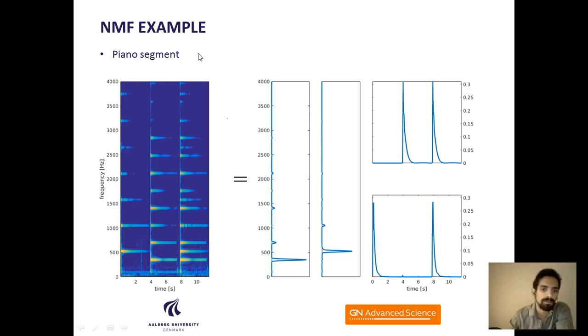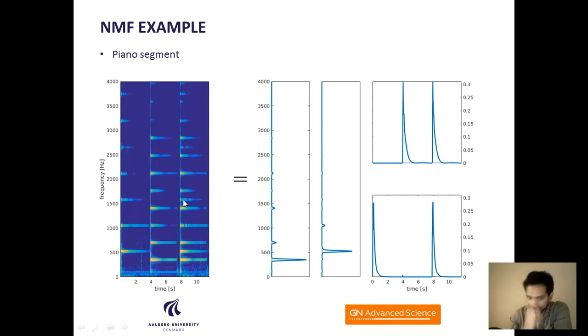Here we perform NMF of the spectrogram into two basis vectors and the corresponding activation coefficients. You can see from the right hand side that the basis vector corresponding to the first note is active in the first segment, and the basis vector corresponding to the second note is active in the second segment, and both these basis vectors are active in the third segment as both the notes were